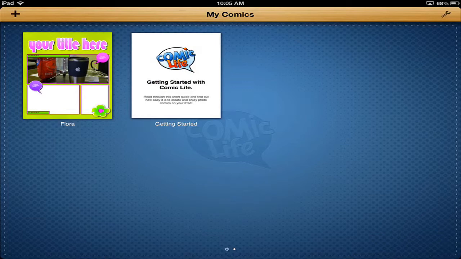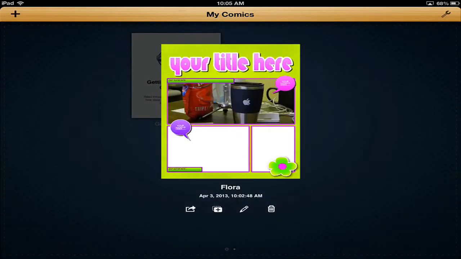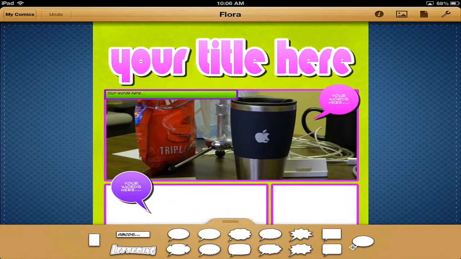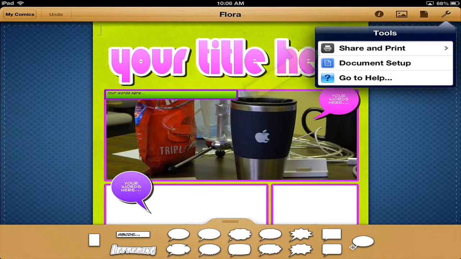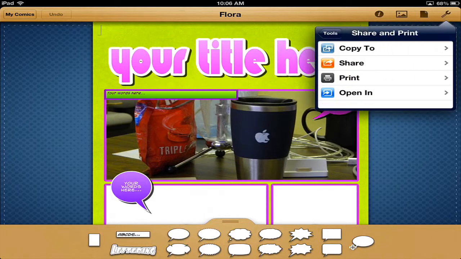Let's say I have a comic here in Comic Life, and I'm going to open it and edit. I'm working on this comic and it's done, and I want to share it, or send it to Dropbox because I want to then take it off of Dropbox on another machine or another iPad and do those sorts of things. Up in the upper right-hand corner within Comic Life, under the wrench, there's Share and Print. When I click on Share and Print, I'm going to copy it to something,